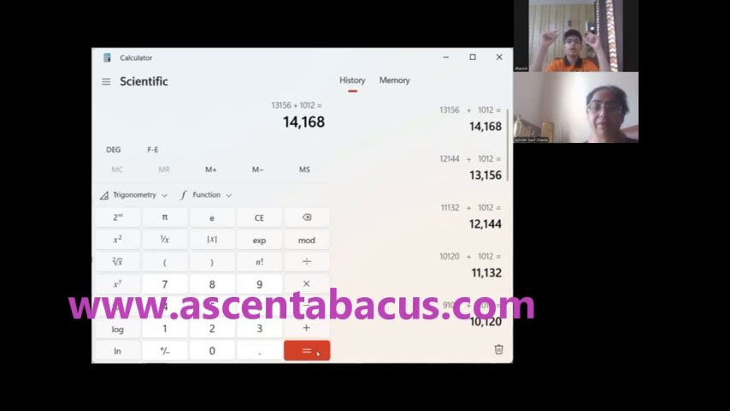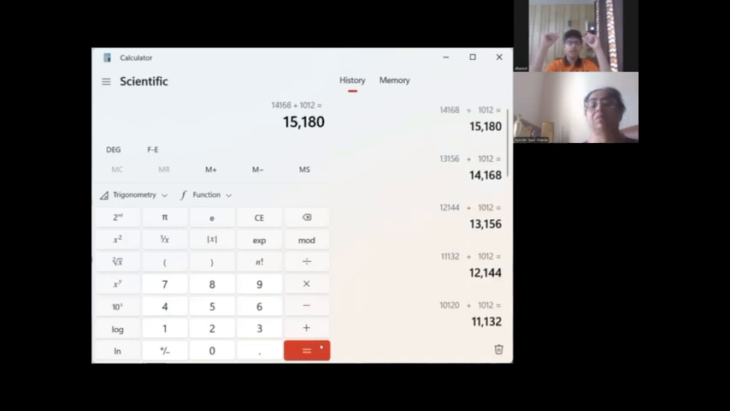14168, 15180, 16192, 17204, 18216, 19228, 20240, 21252, 222, 64, 23,